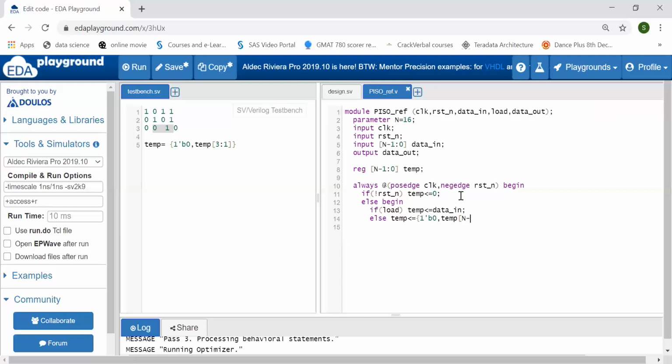So here I can write n minus 1 down to 1. This is a concatenation operator I am using. And then assign d out is equal to temp of 3.